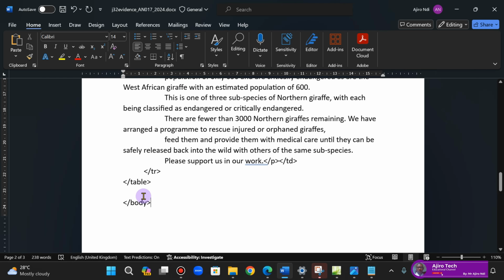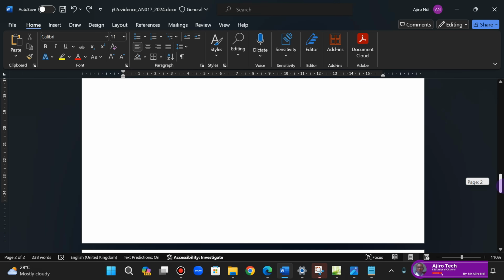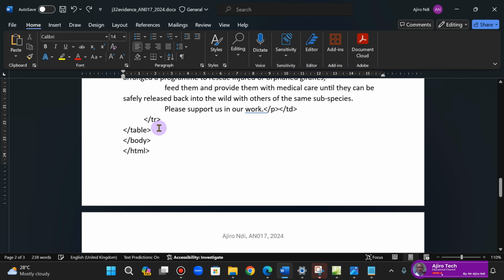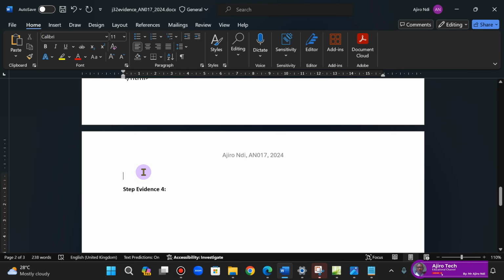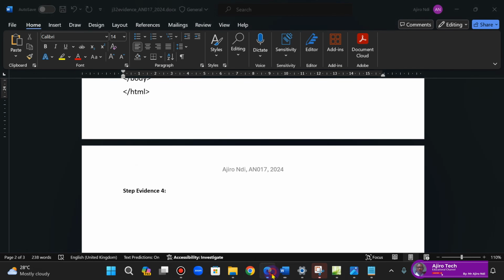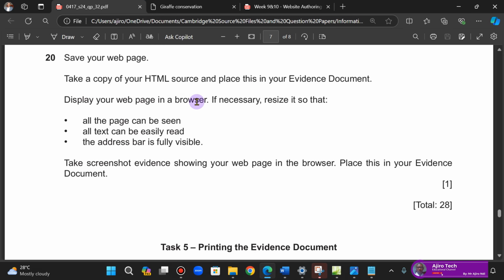Okay, so I still have some. Just remove this. Okay, so that's fine. Yes, probably just to give some space between. I can just do this. Okay, that's fine. And then I have this here. All right, so what's the next thing? Display your web page in a browser, if necessary resize it so that. So to do this,